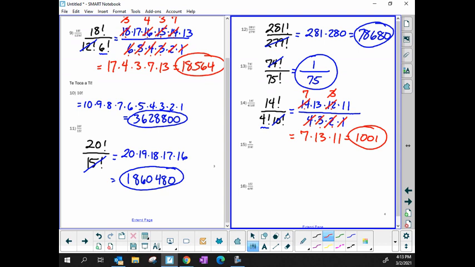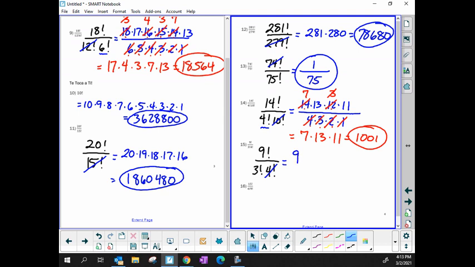All right, 15. We've got 9 factorial over 3 factorial times 4 factorial. I'm going to write it a little bigger. 9 factorial over 3 factorial times 4 factorial. Again, when you have multiple smaller factorials, I would use the bigger one to cancel out as much on top as you possibly can. Okay, so that 4 factorial is going to cancel out everything on top from 4 down